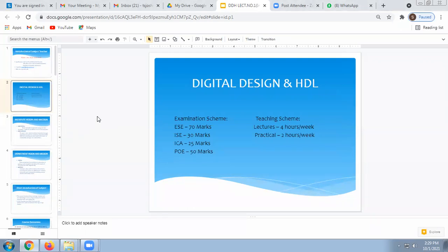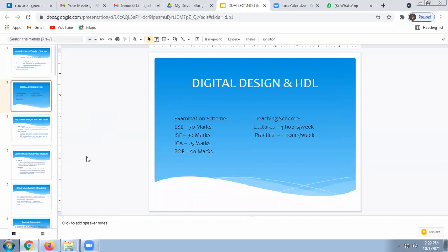You all know digital design, that one is also a scoring subject and very easy. Here we are only using HDL. The same circuits we are going to take, adder, subtractor, all the combinational and sequential circuits. For those circuits, we are going to write the code and execute it. After execution, we come to know whether the code is right or not.